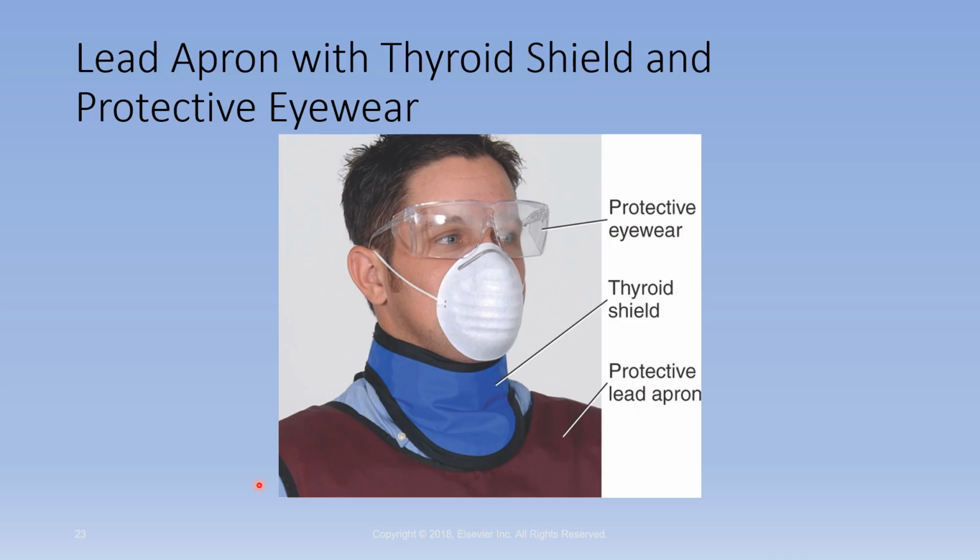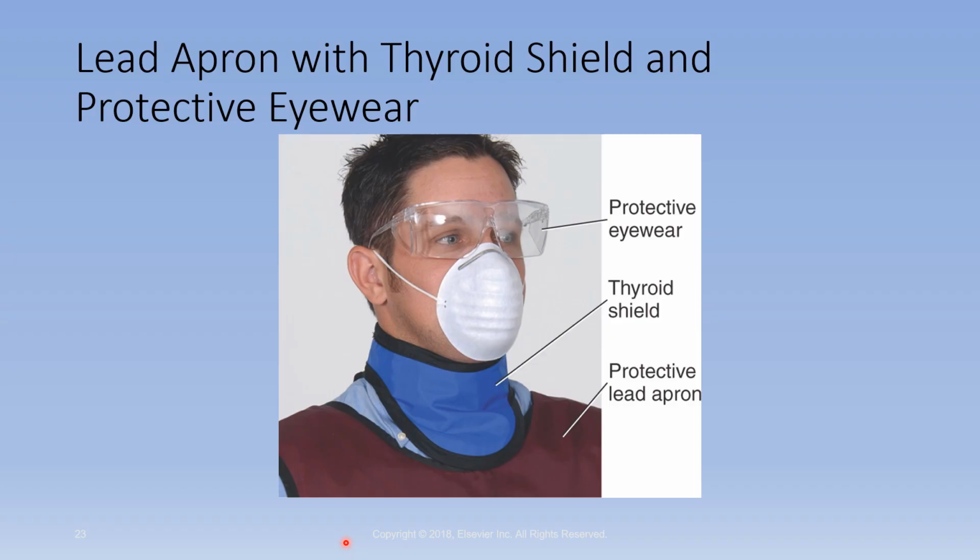The Bucky slot shield is 0.25 millimeters of lead equivalency. If we have protective eyewear, that should be 0.35 millimeters of lead equivalency. And our thyroid shields, those should be 0.5 millimeters of lead equivalency. Okay, so we have all kinds of protective apparel available to us. You definitely want to make sure that you're utilizing that, along with the fact that you should be wearing your